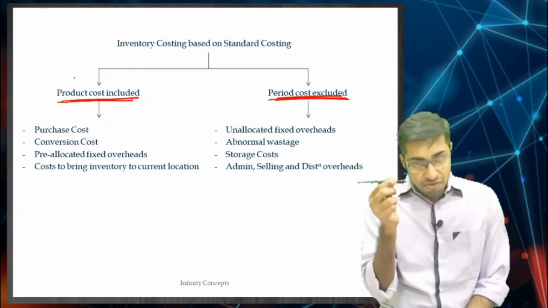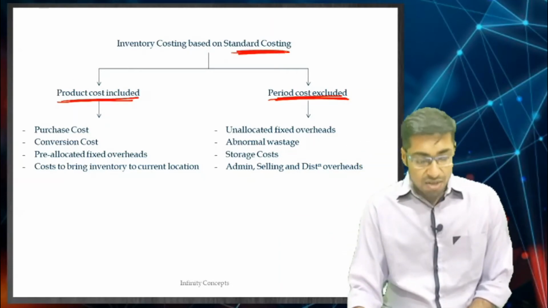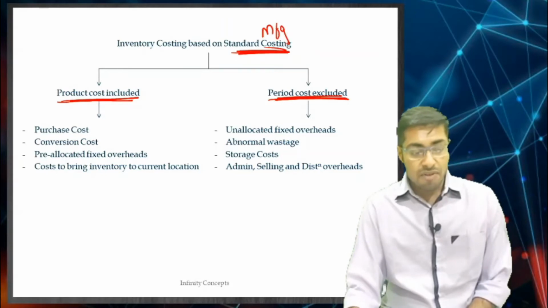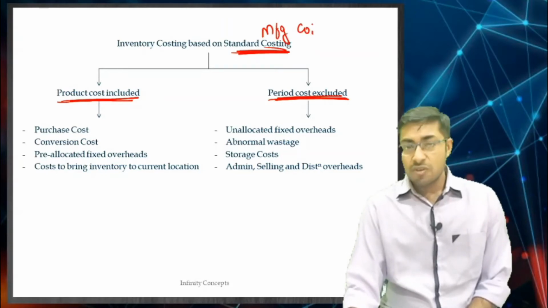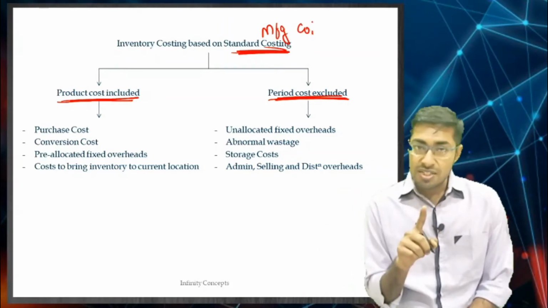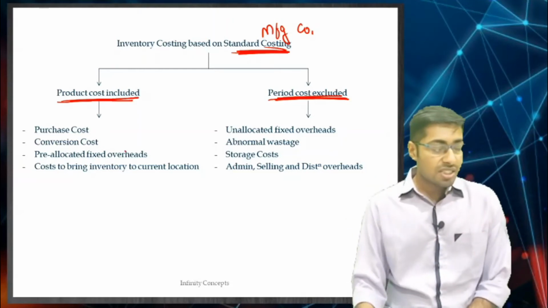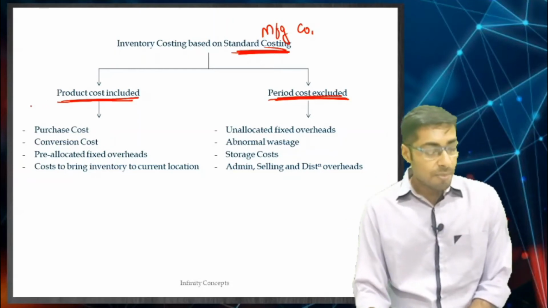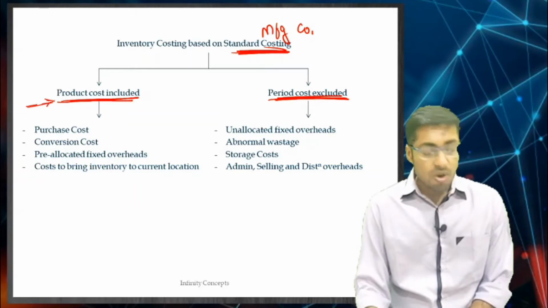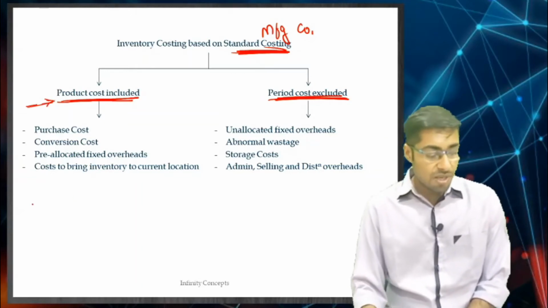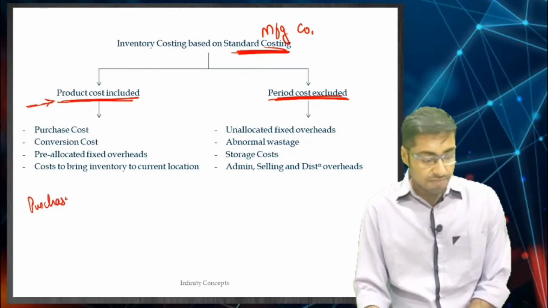So, when I am manufacturing this, remember standard costing is only used by a manufacturing company, okay. So, for a manufacturing company standard costing is going to be used, and for standard costing what all things are we going to do? Product cost is going to be included. What do we have in product cost? We are going to have purchase cost,